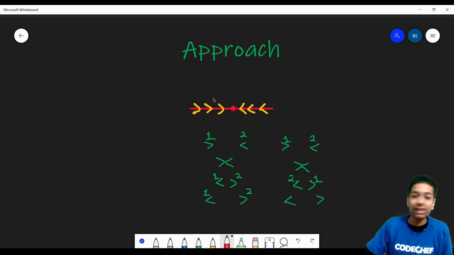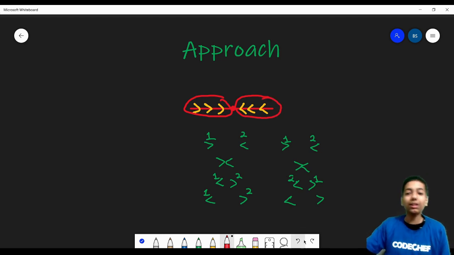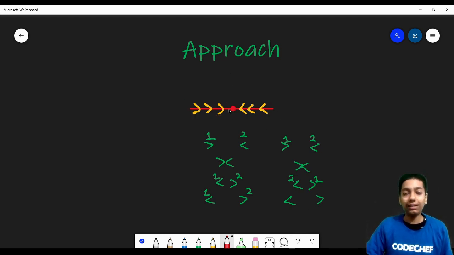Same goes for these two ants as well. So the answer is simply the number of ants on one side of the origin multiplied by the number of ants on the other side of the origin. Right, so this was the answer for subtask 1 as well, and hope this makes the rephrasing of the question